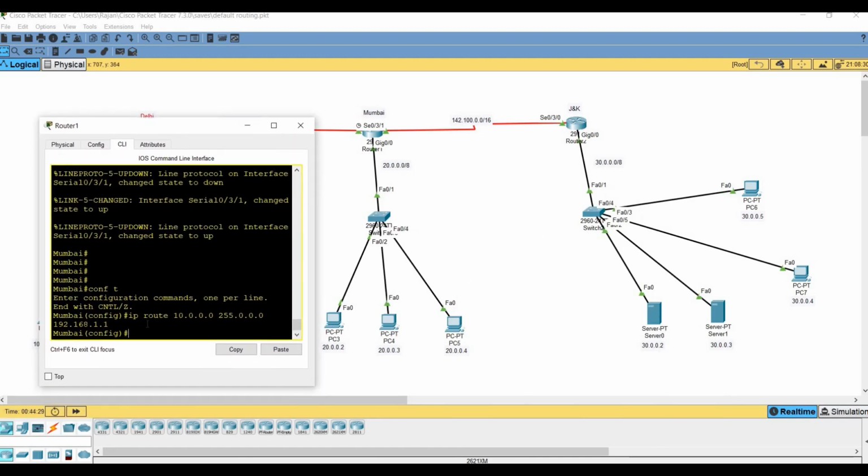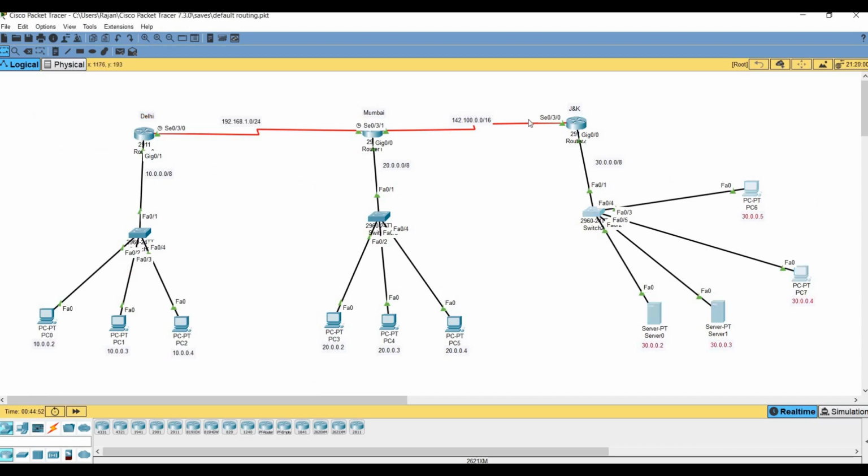Let's add ip route. Network is 30.0.0.0. Subnet mask is 255.0.0.0 and the next hop. For this network, the next hop will be this interface, on which we have configured IP 142.100.0.2.